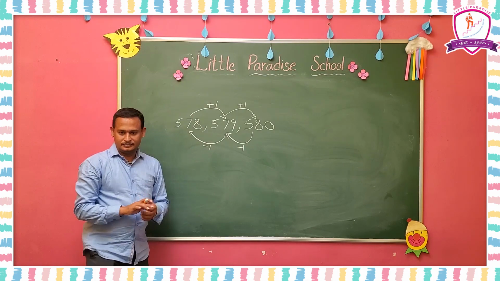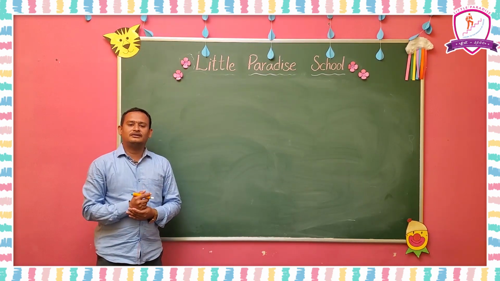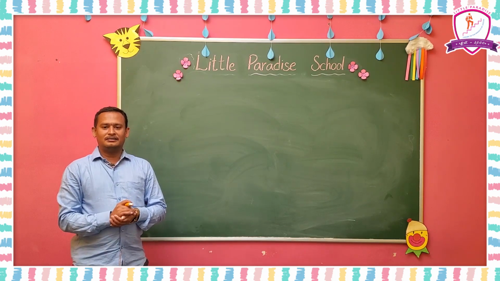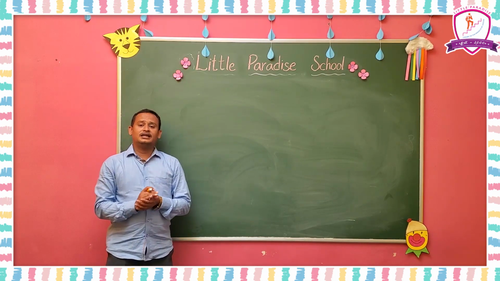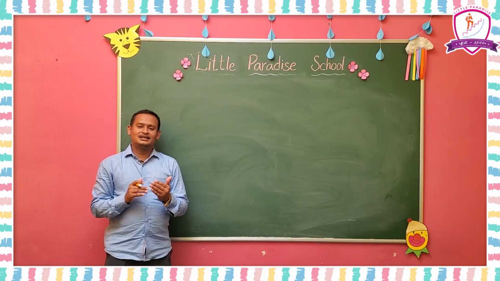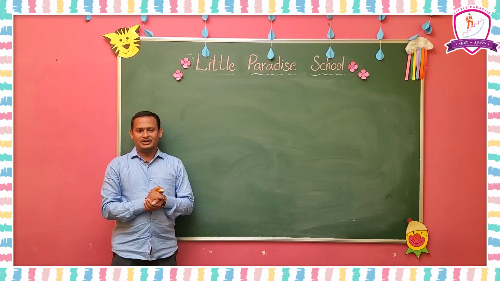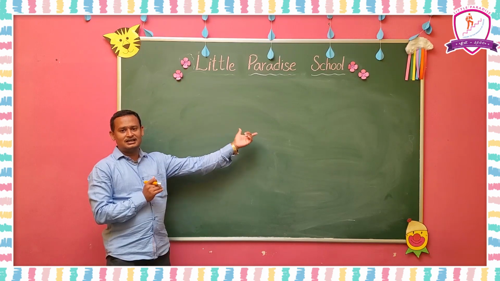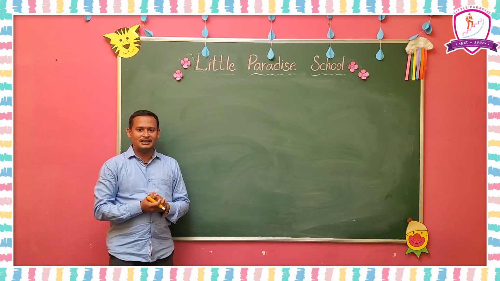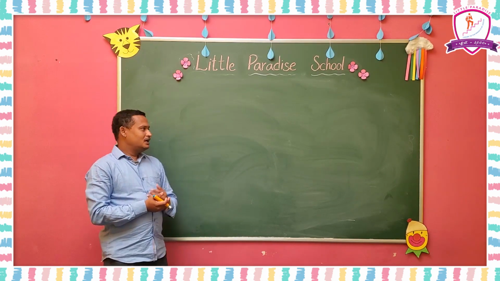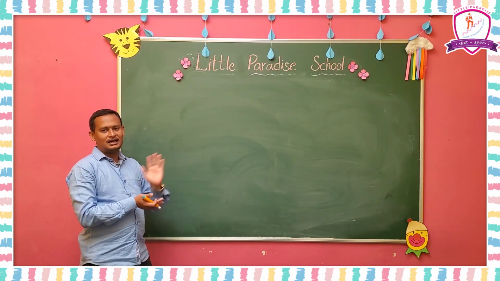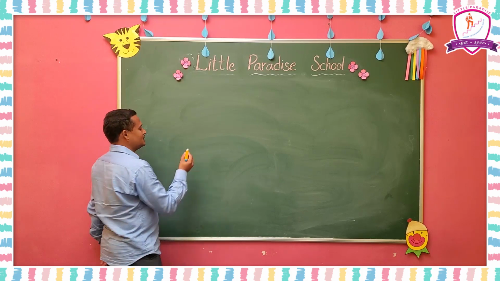Okay. Next, after successor and predecessor, we are going to discuss comparing numbers. How can we compare any number? Here we can compare any two numbers using digits. How many digits are there in the first number, and how many digits are there in the second number? First we have to compare the number of digits. If any number contains more digits than the other number, then it will be the greater number. For suppose, I am going to explain here.